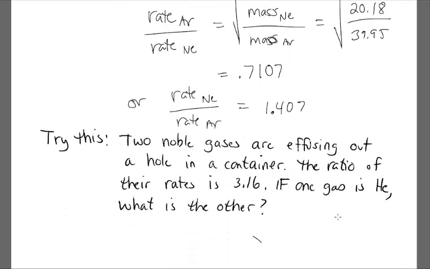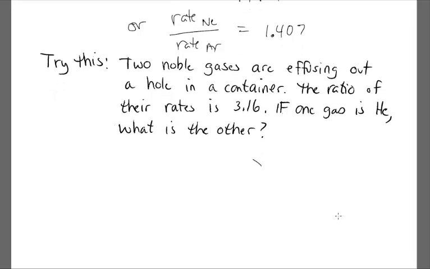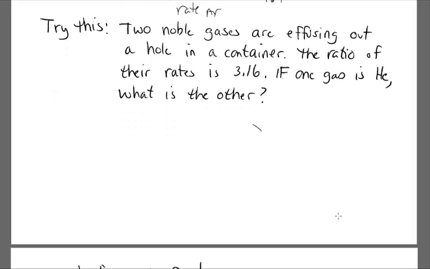All right, here's another problem for you to try. And so you should stop the video and work on that yourself and then check my answer. But this is 2 noble gases effusing out of a hole. The ratio of the rates, now you're given the ratio. If one gas is helium, what's the other gas? So try that problem. All right, so what do we have? We have a number for the ratio of the rates. So the rate of something over the rate of something else